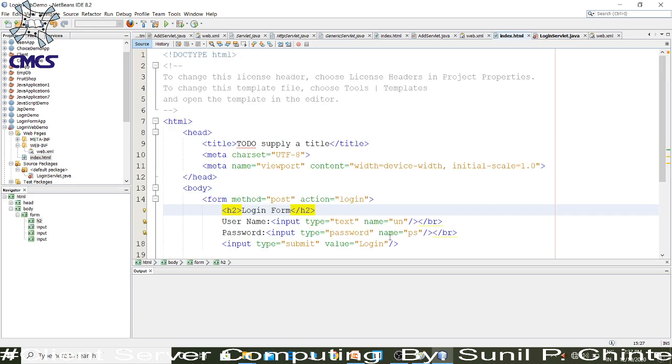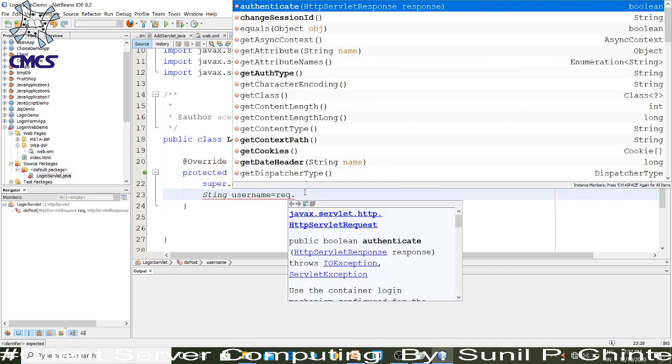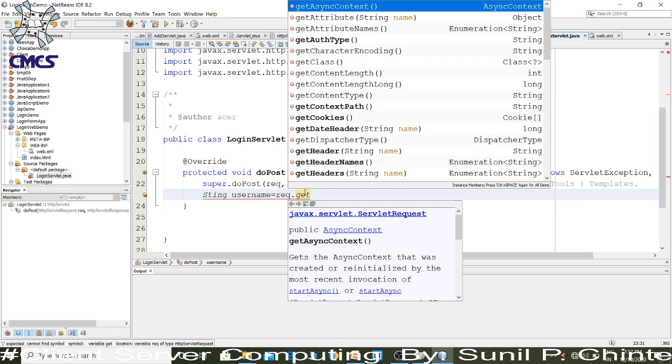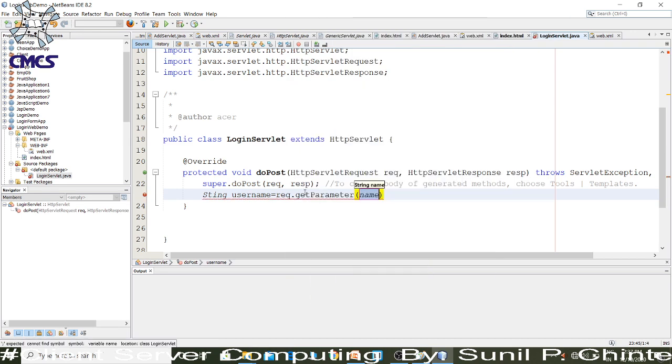We have to read the value from this field using the variable name un. We get that value by using the request object, request.getParameter, with the name, that is the username.